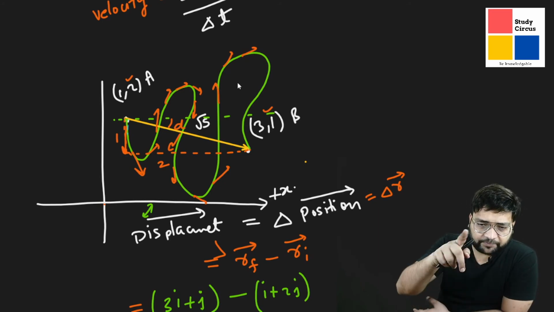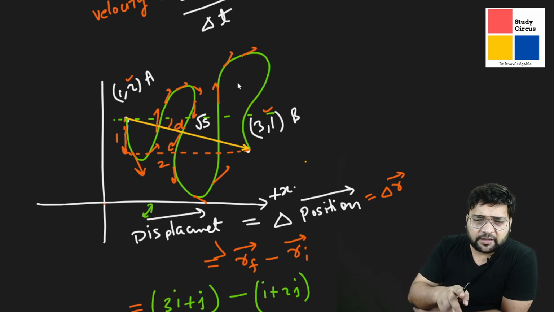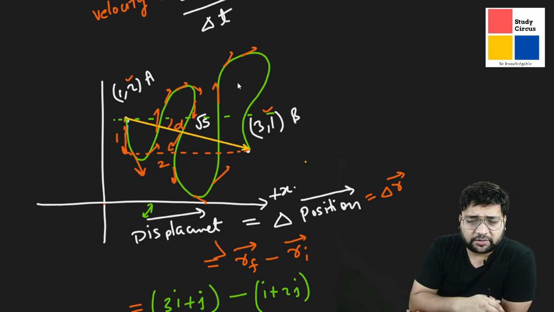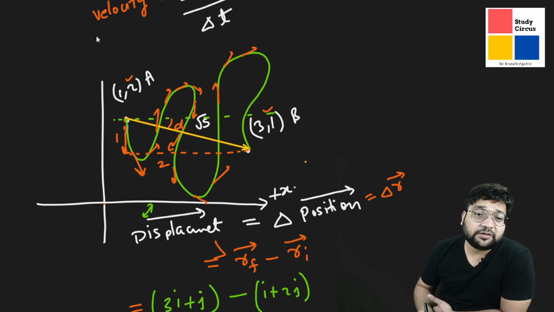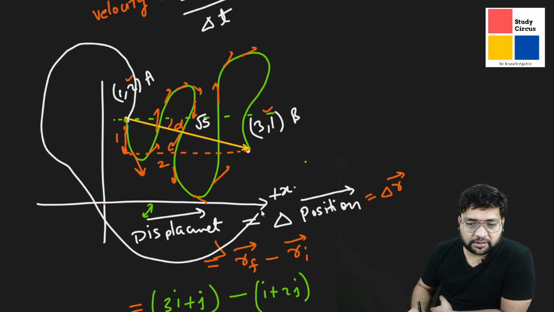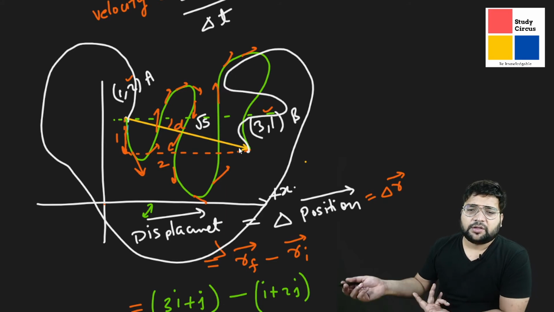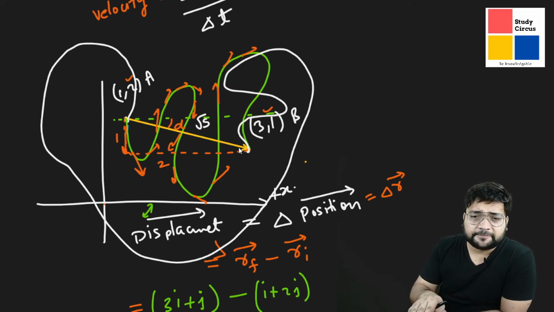Okay, that curved green line, maybe it is 20 meters or something, whatever it is, that is the distance traveled. It could have been anything else also. Maybe he went here, then here, then here, and then like this also. That is a way also to go from A to B. Okay, no particular direction for distance.